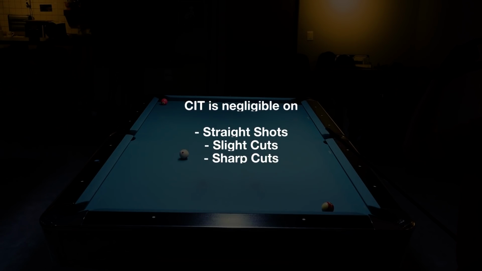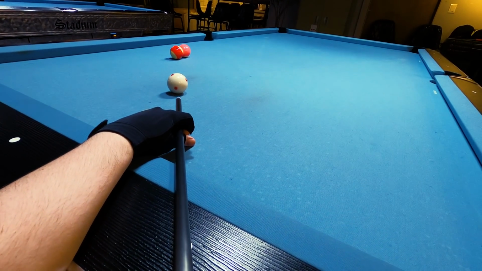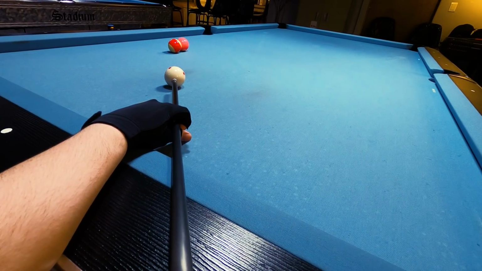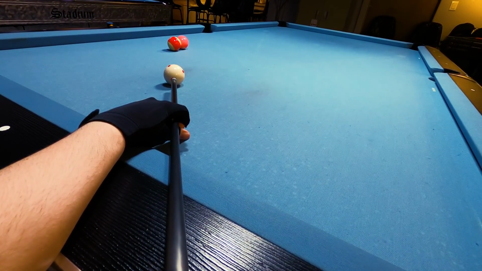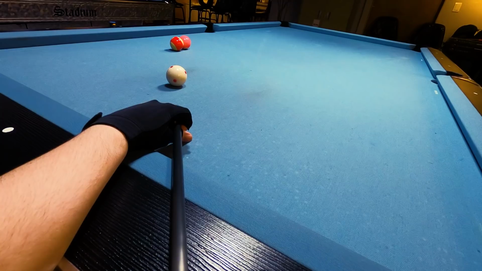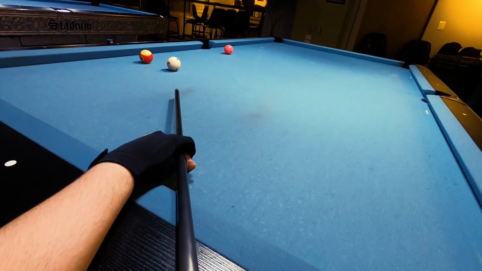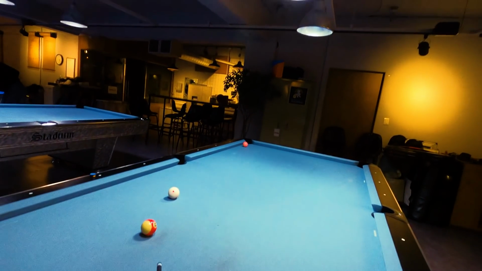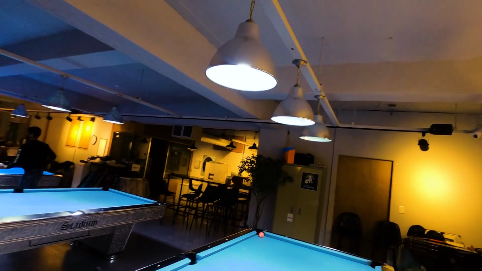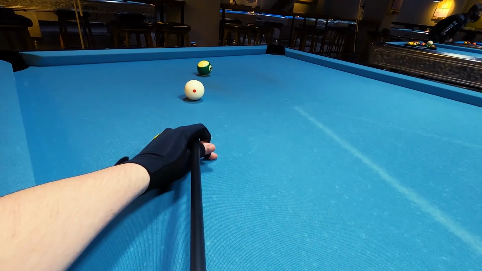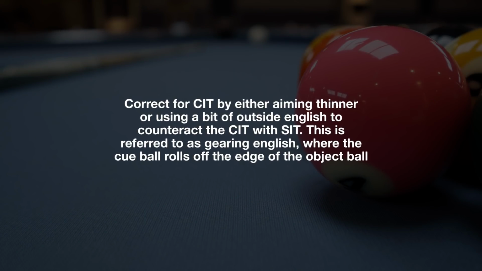On straight shots, slight cuts, and sharp cuts, cut induced throw doesn't really play that big of a role, and is almost negligible. But the closer you get to 30 degrees, the effect becomes quite severe, and it can cause you to miss. If you notice you're missing shots because you're just barely undercutting them, then you probably aren't having a problem with your aim, and rather it's just that you haven't compensated for cut induced throw. The best ways to deal with cut induced throw are either aiming a little bit thinner or playing with outside spin to counteract the cut induced throw with spin induced throw, which is a great segue into reason number 2,